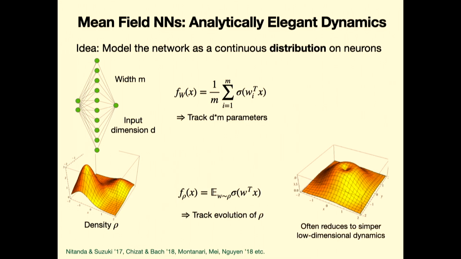And in many problems that we might care about, if there are a lot of symmetries in the data distribution or in the target distribution, then tracking the dynamics of this density as we do gradient descent on the neural network often reduces to a simpler low-dimensional dynamic. So for example, in this picture, you can see that there are certain symmetries in this distribution. It's rotationally invariant here. And as the gradient descent evolves the network, these symmetries will continue to hold. And so this dynamics becomes simpler to track.